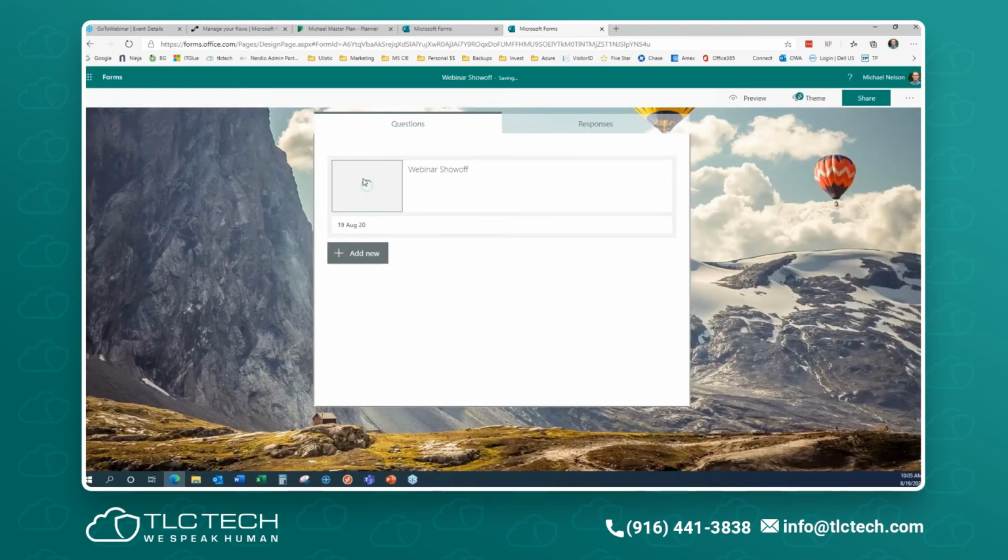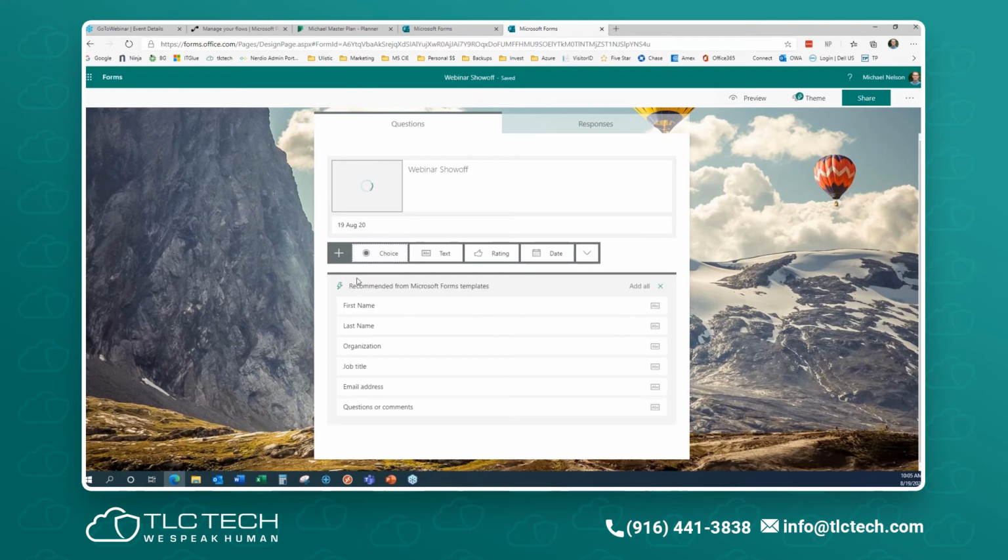It's still uploading the picture. That's one of the issues about grabbing off the web. You may run into some issues like that. So I'll let that keep going. And then I'm going to add, everything starts with add new. So when I go add new, I can say, so there's,